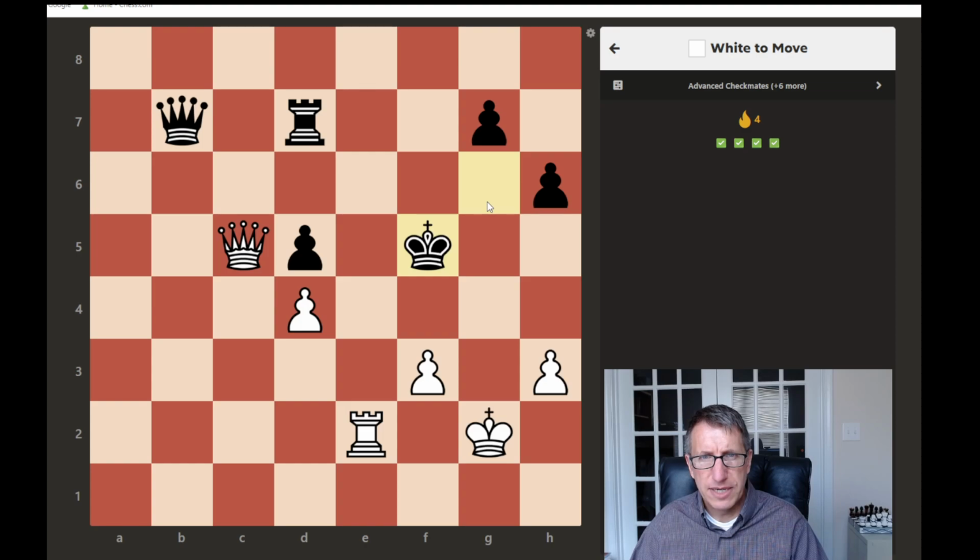So maybe, I don't know. See, this is a tough one. Maybe I need to check with the rook first. Rook to e5. If my opponent comes forward, we deliver a mate. If my opponent comes back,